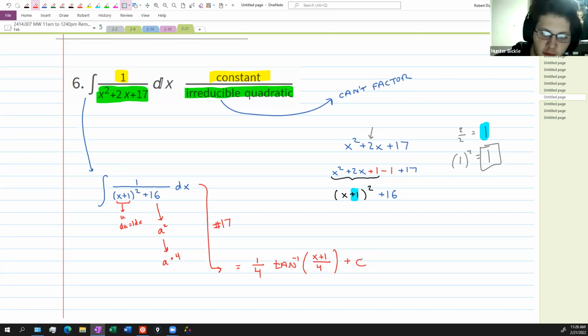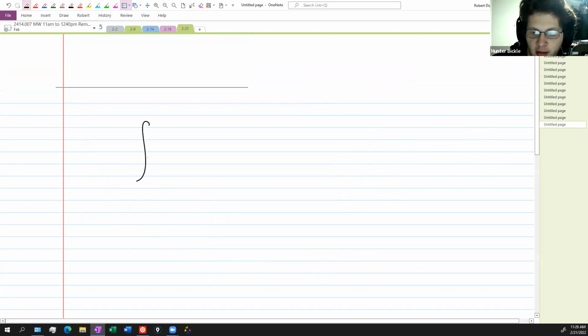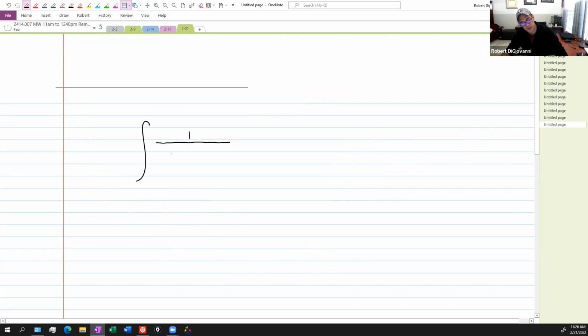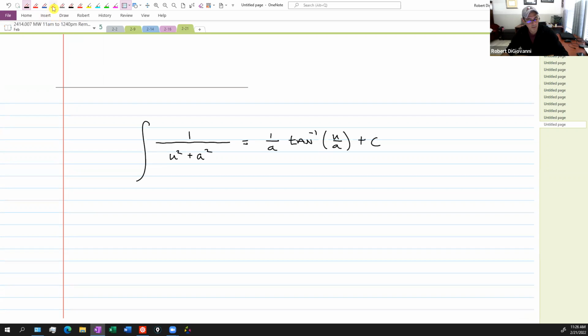Question: where does formula 17 come from? It's an evolution of, well, we know the arctan's derivative, but how is that figured out? Well, we proved arctan's derivative, but if you wanted to actually show that formula 17 is true, I'm not going to have time to do it right now, but what you could do is rewrite the denominator here as the square root of this